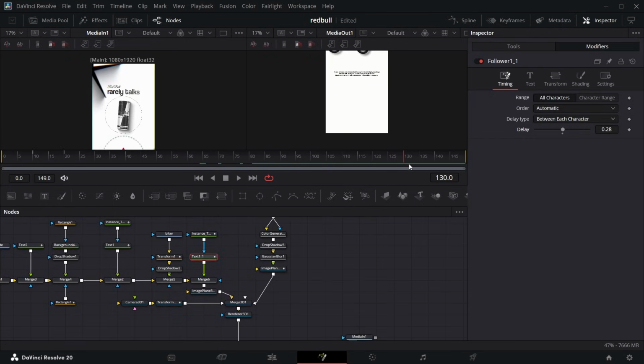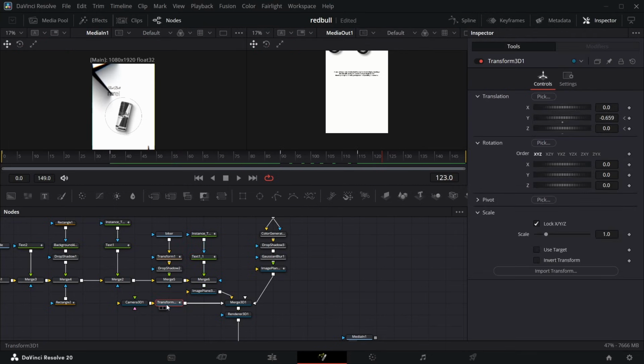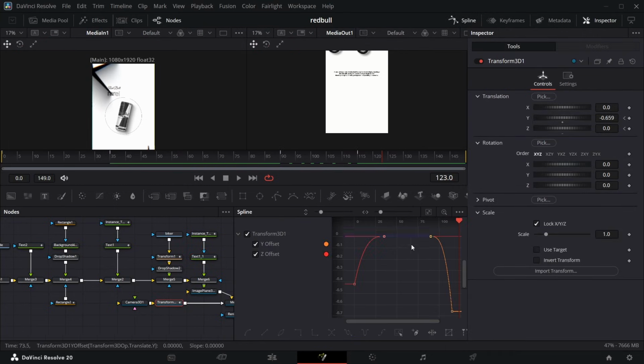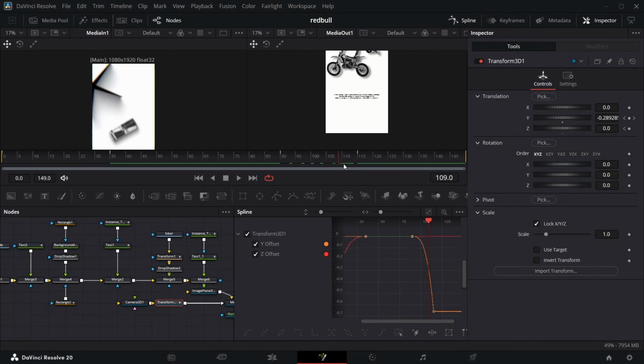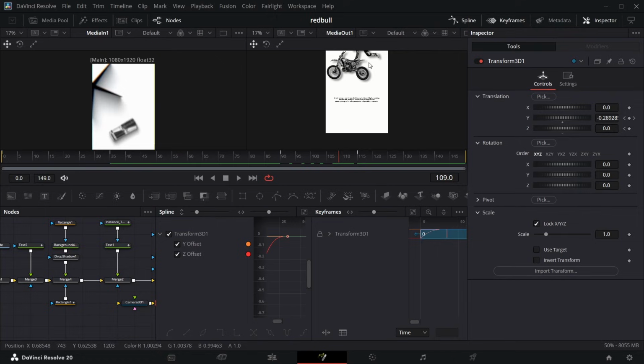Now why you have to do it like this: if you look at the transform, the animation we did here, it's going to start slow and end fast, because we are going to come to frame somewhere around, yeah, we have to cut it here. So I'm going to go to the keyframe tab and make sure maybe